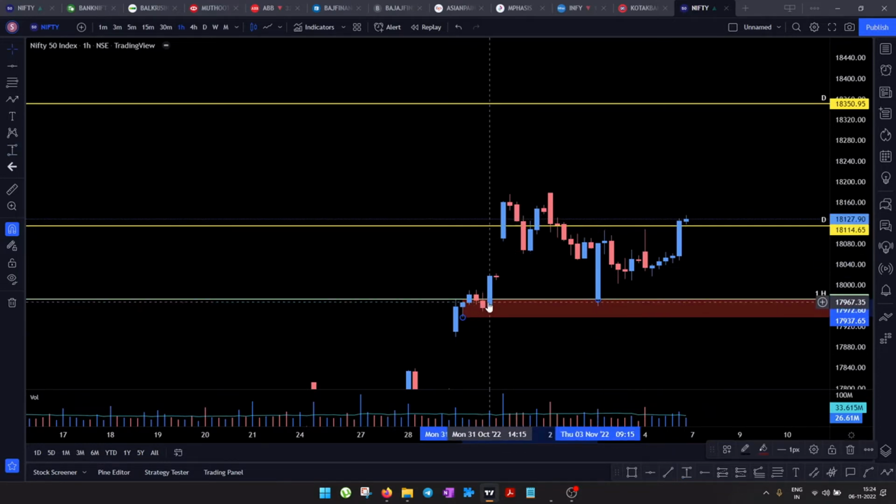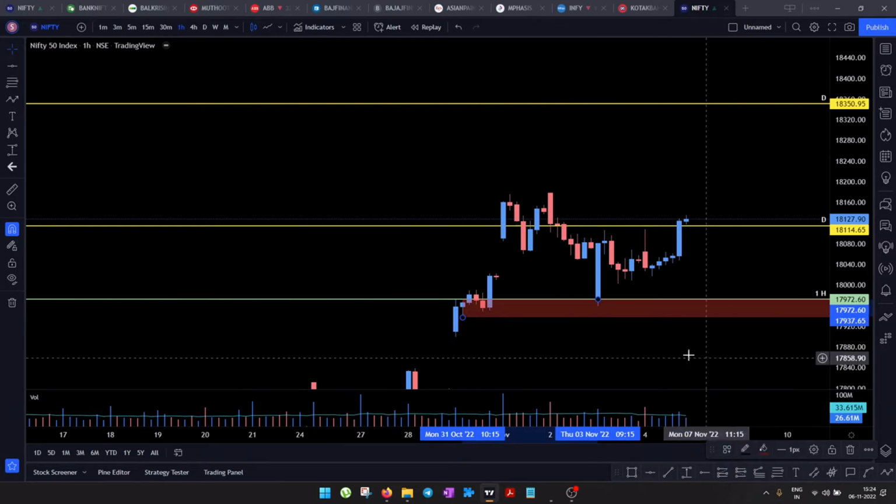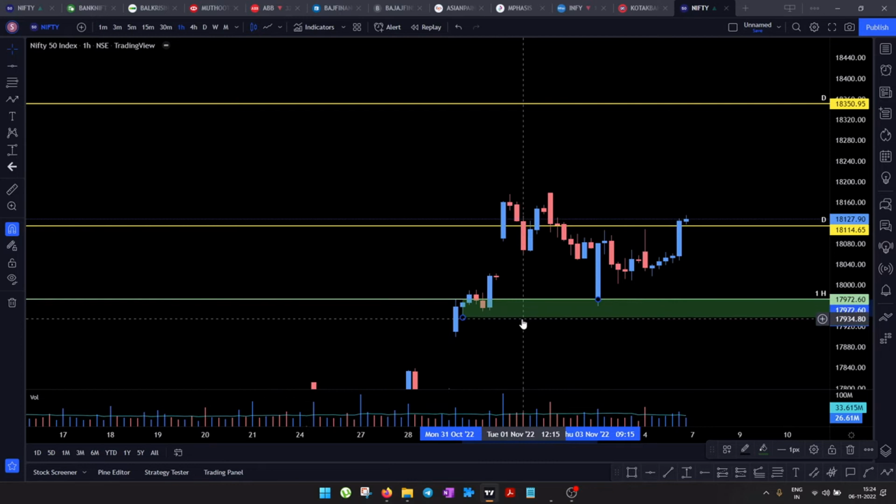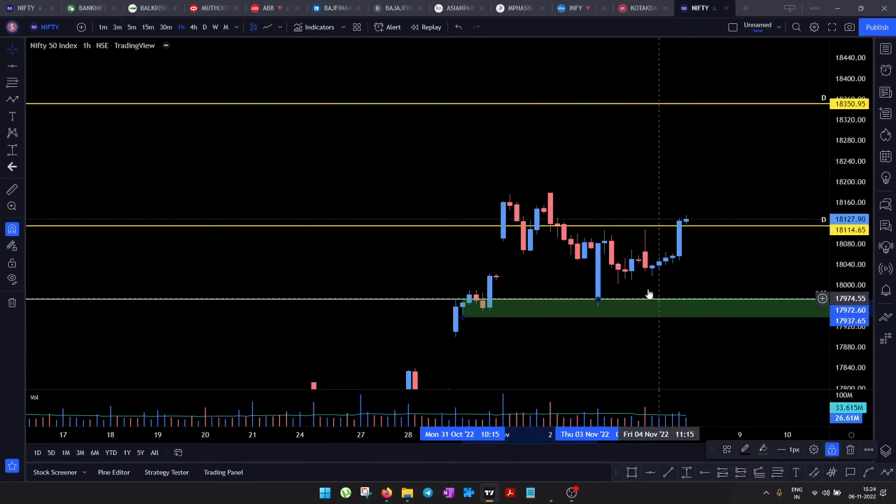So I went long here last week on Monday, I think. I'm not sure exactly, but I did trade this particular level here last week, and this entire thing has been a strong demand, right? And in this demand area, I certainly executed 7900 and 950 puts on Thursday for expiry, given that this demand area had formed and it looked strong, right? So this area again remains strong, right?